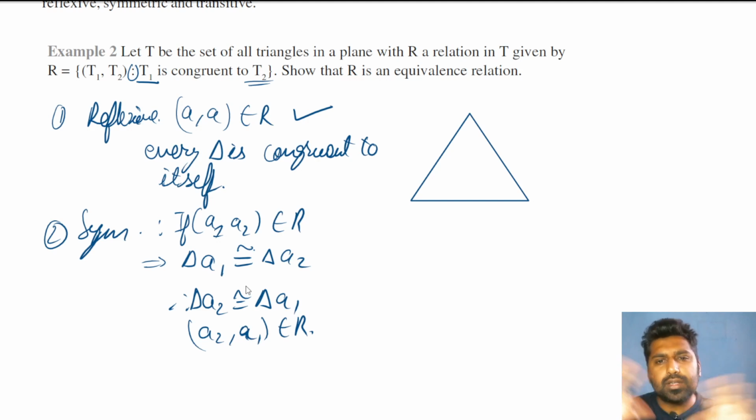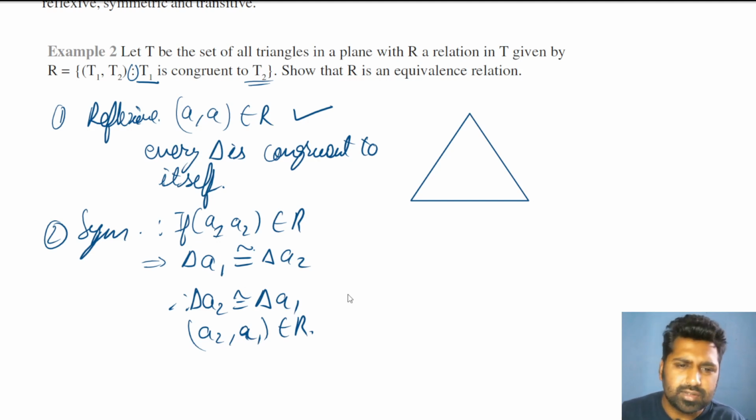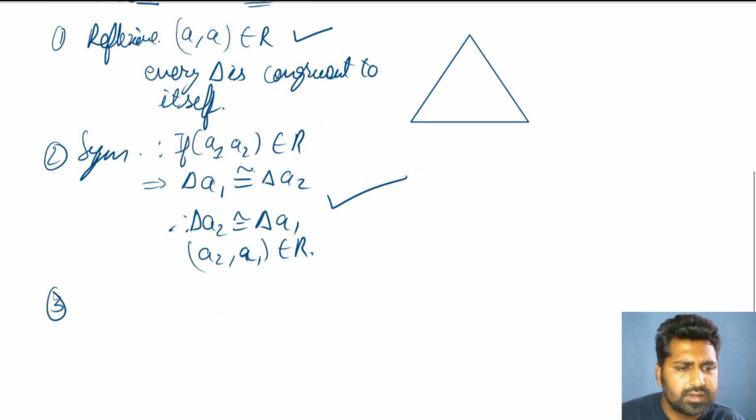Try to understand from the meaning. (A1, A2) means A1 is congruent to A2. (A2, A1) means A2 is congruent to A1. Both mean the same thing. So that means this is also correct. This is symmetric. And last, transitive